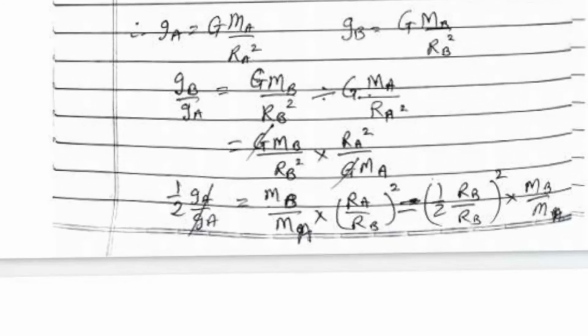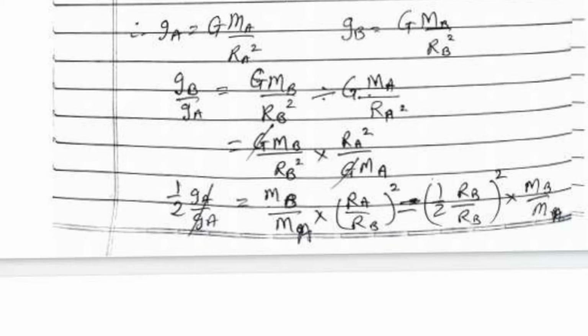So now let us take the ratio of both, GB upon GA. Why do we have to take the ratio? Because the mass of planet A is given as Ma, so they want a comparison between the two planets. Comparison can be done by taking the ratio. So we have taken the ratio GB upon GA. Correct?